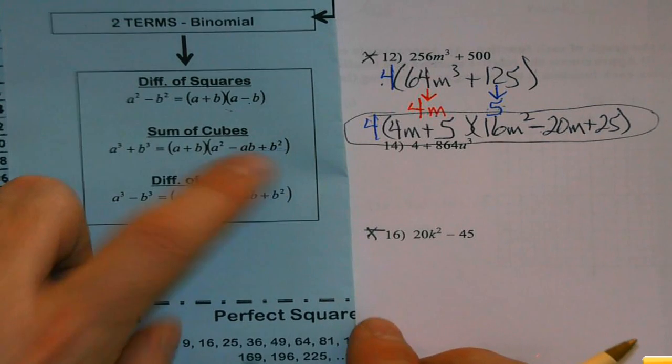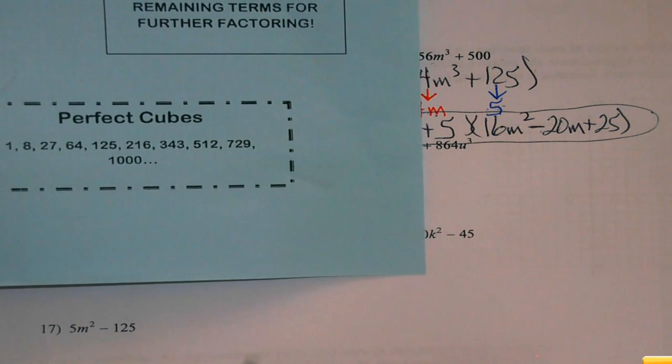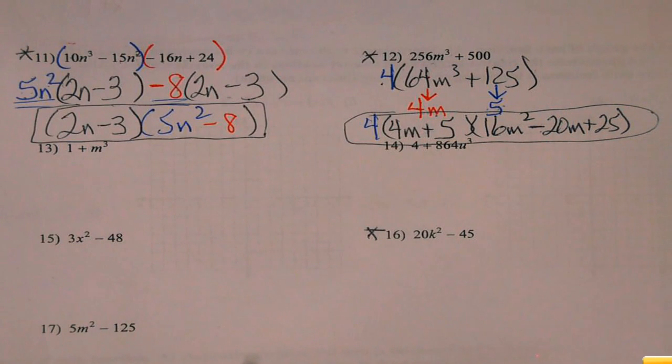Okay, will I always have to take a common term out to get the perfect cubes? No. But if you're not seeing these values when you see something to the third, it probably is because you need to take a common term out. Okay, so that would kind of give me a heads up on 12, 13, 14. When I get to the last three then,